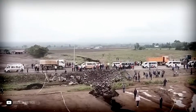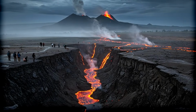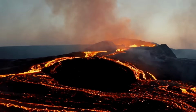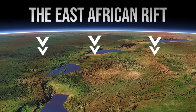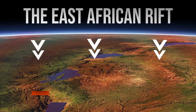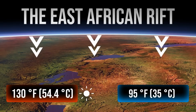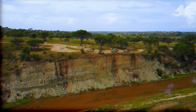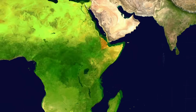This movement is forming the East African Rift, a region where tectonic plates are splitting apart, magma keeps rising from deep below, and a bunch of active volcanoes are being born. So this place is hot, with daytime temperatures that can soar to 130 degrees Fahrenheit, and at night they cool down to 95 degrees. Inside this hot zone, we have the Afar Triangle, also known as the Afar Depression, and